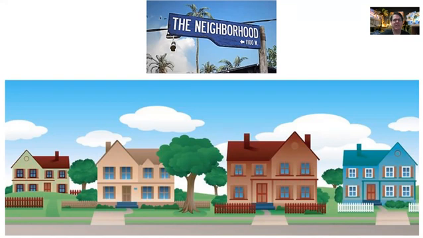Or I'm your downstairs neighbor. I'm your upstairs neighbor. So these are just people who live near you. They live next to you, next door neighbor. They live downstairs, downstairs neighbor. They live upstairs, upstairs neighbor. Yeah, that's it. So neighbor, someone who lives near you, very near you, very close to you. Neighborhood, the area where all of you live.